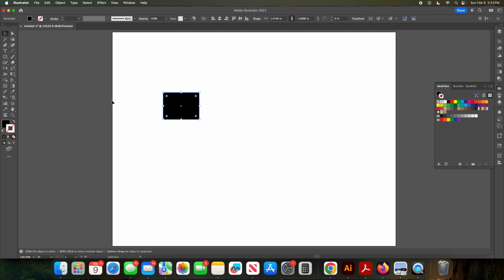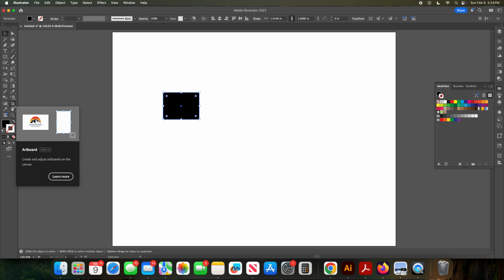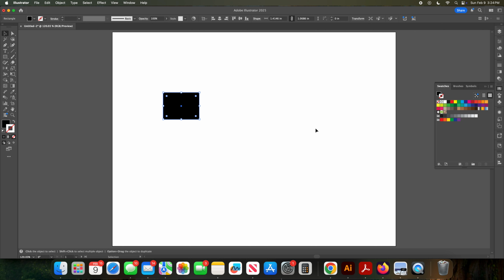Next thing we're going to do is we are going to work on the artboards, and I'm going to show you how to add, change the size, and rearrange the artboards. So this is the artboard tool. And there's this way to get to it too: create artboards or change the shape of an artboard. And then also over here, there is this artboard tool, which you can have control over rearranging them, naming them,